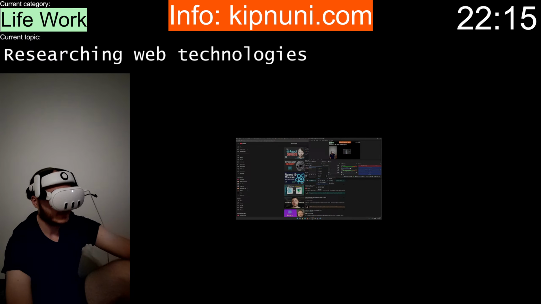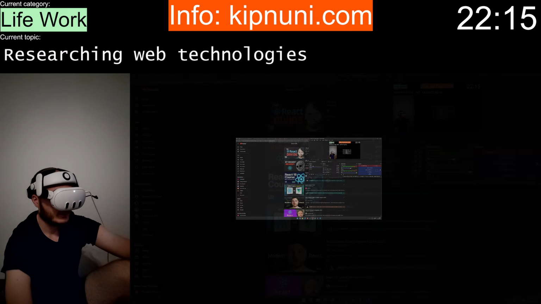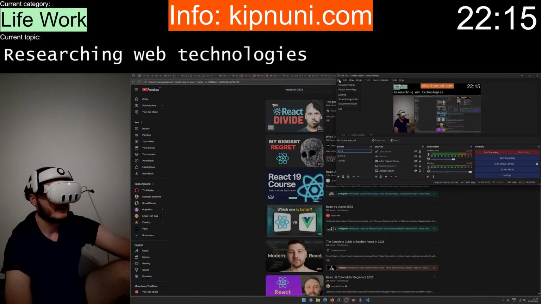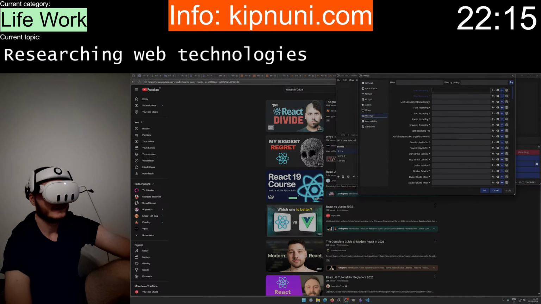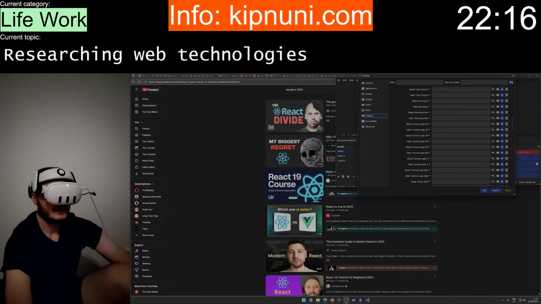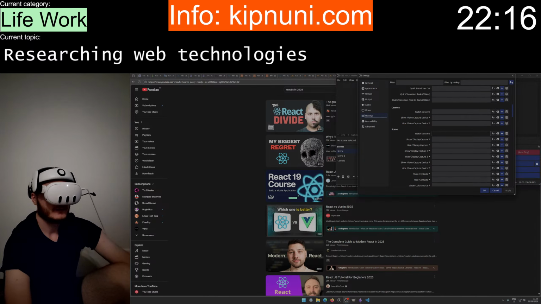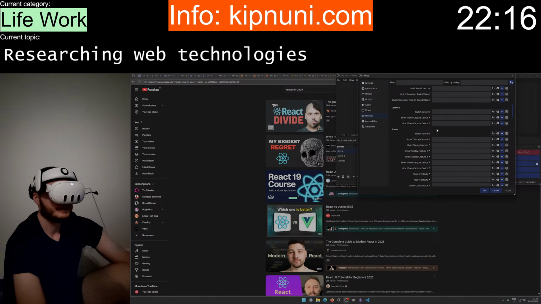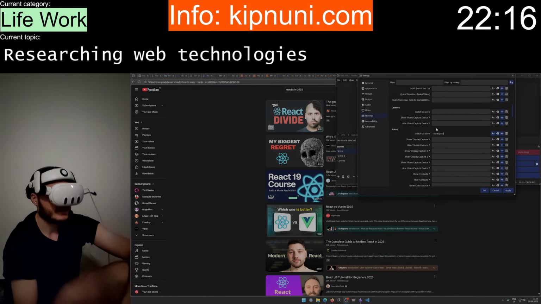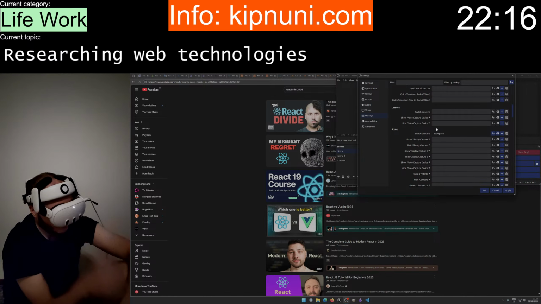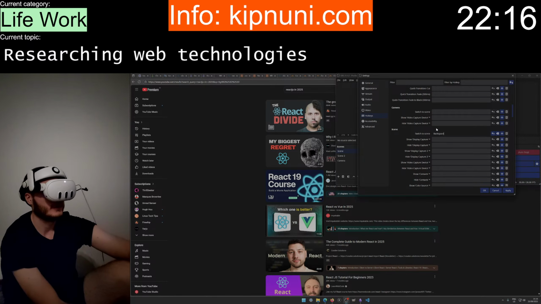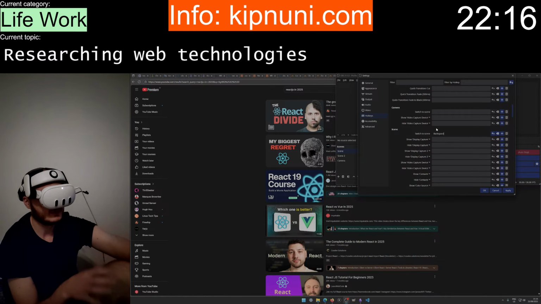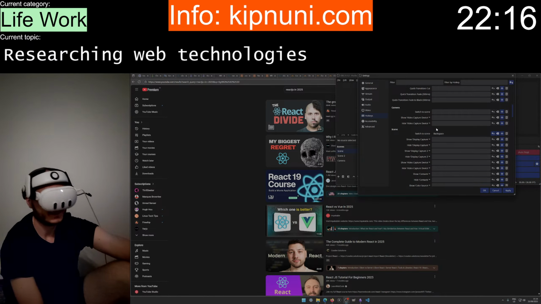Can I create a shortcut? This here, maybe not. Let's go into settings, hotkeys. Here I can switch to scene. So this is scene 1. This is something I don't like, that I don't know what the already used shortcuts in my system are.